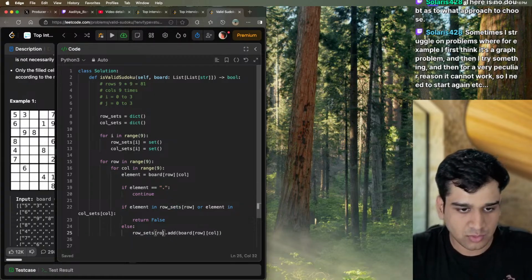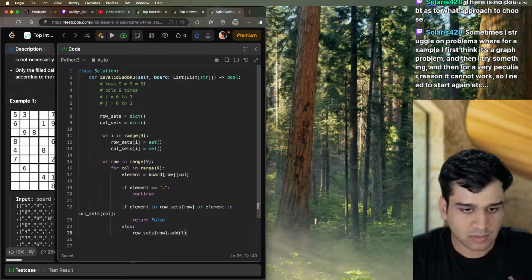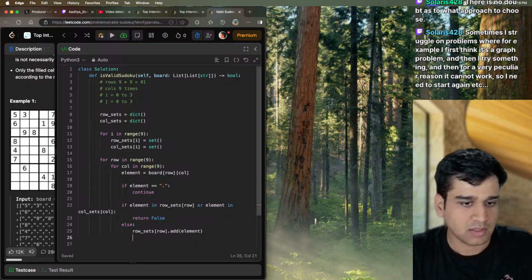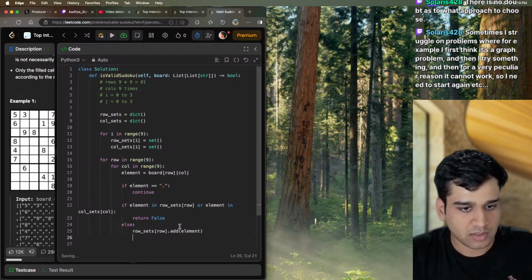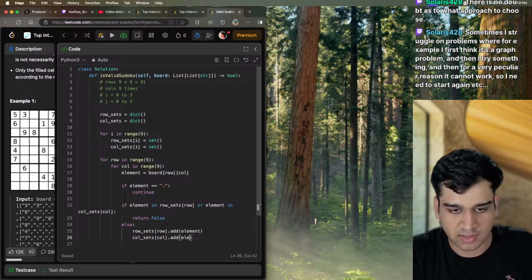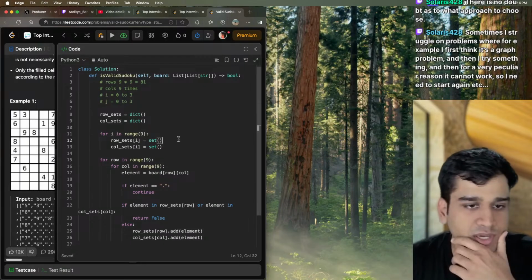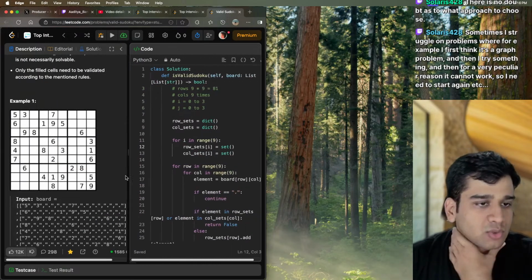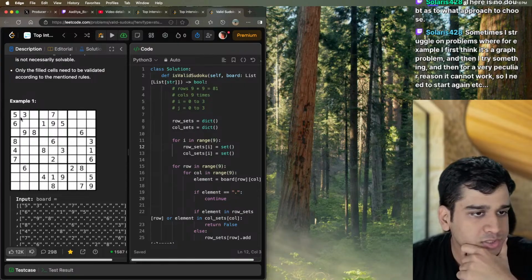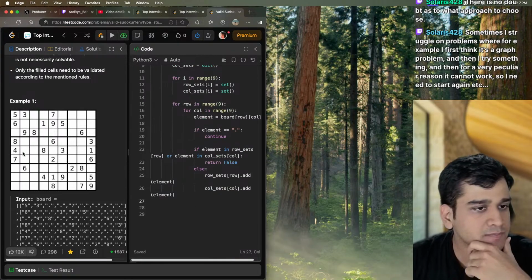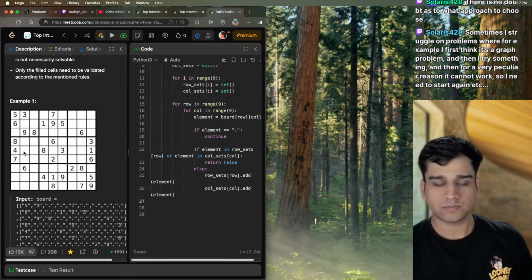So for row sets, we add the element, and then for columns, we also do col sets, column dot add the element. So this checks just the rows and columns. Now for the sub matrices, for that we can do